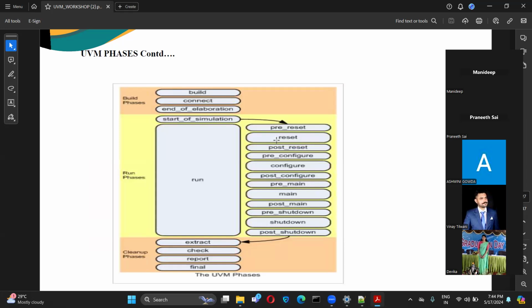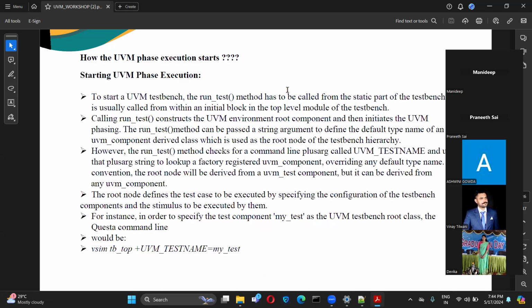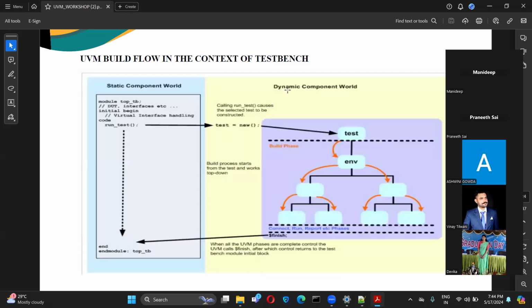At that time I was in office, ma'am. Okay, yes, ma'am. Fine. You just go through the recordings before the next session. But for now, as you have asked, I will explain the UVM test flow. I would like to hear from anyone else so that it will be helpful for Vinay as well. Yesterday we all were there in the session, right?